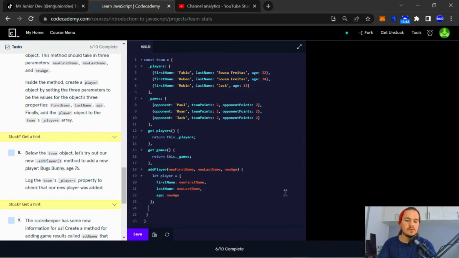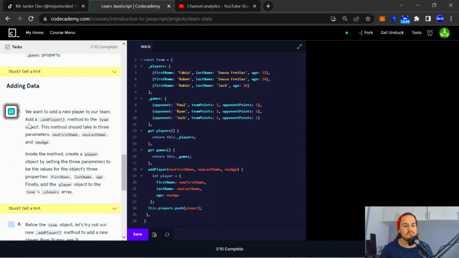Okay, so if you guys recall, when working with objects, we need to use this keyword, this dot players dot push player. All right, next,